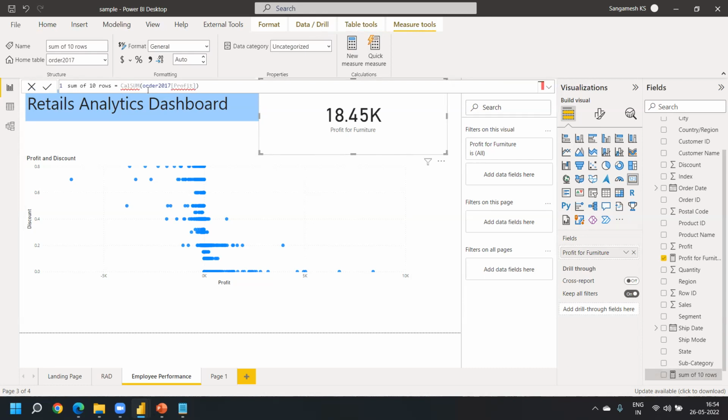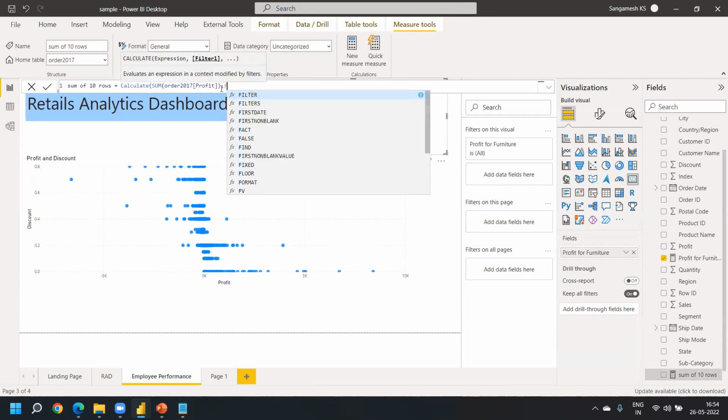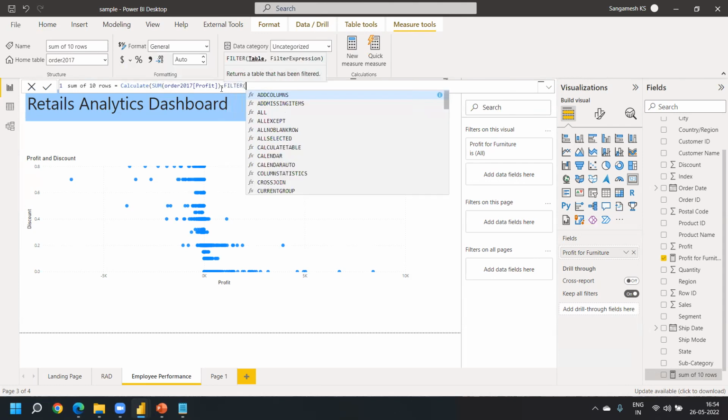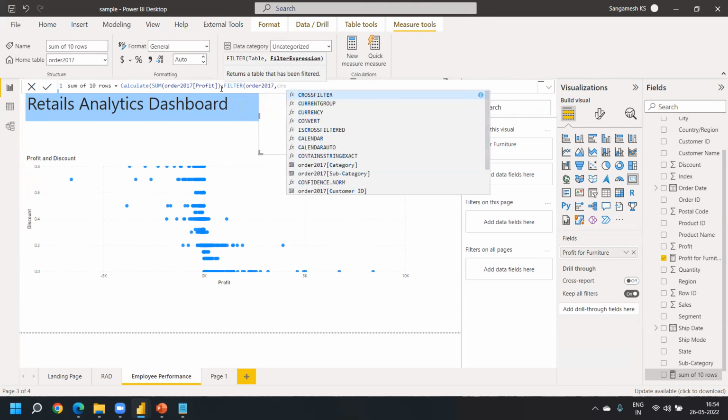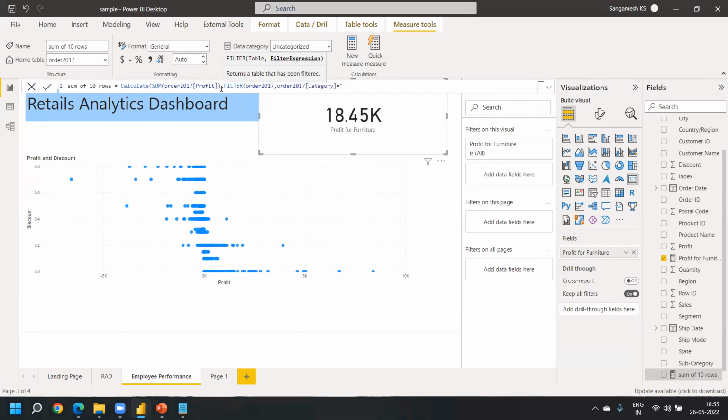इसमें मैं कैलकुलेट डालूंगा। कैलकुलेट डालने के बाद मैं यहाँ पे एक फिल्टर डालूंगा, और टेबल का नाम दे दूंगा। ओके, दैट इज ऑर्डर 2017. Then what I'm going to do is I'm just going to mention the column name. Column name था category. कैटेगरी ये था ना, कैटेगरी। और उसके बाद ये कंडीशन फर्नीचर था, है कि नहीं? तो मैंने इसको यहाँ पे मेंशन कर दिया।